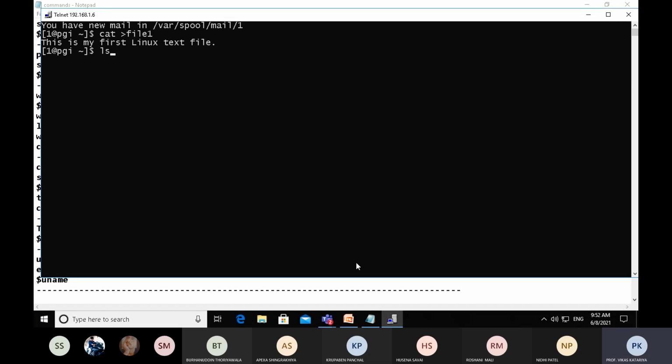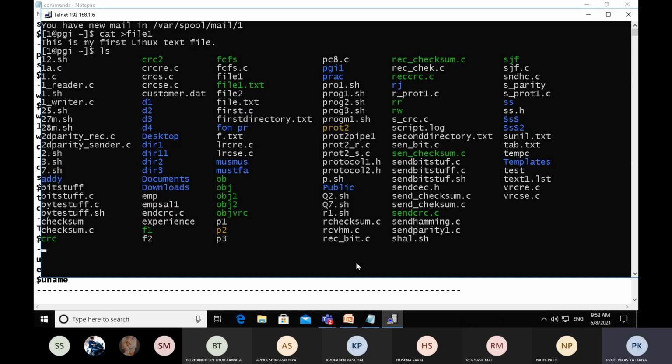For checking the files that we have already created, we use ls, that is the output of the ls command, and find out file1. We can apply ascending and descending order.